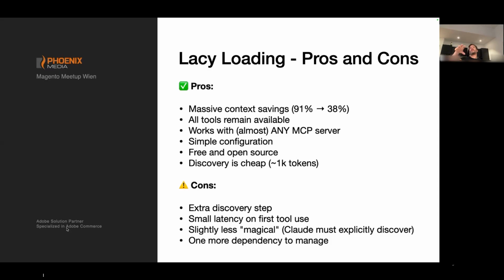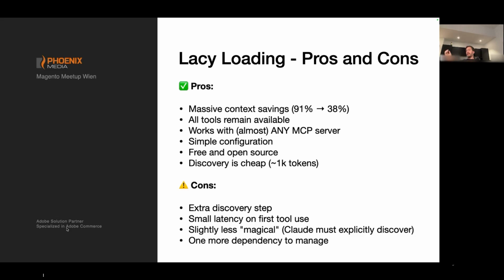When you try to access an MCP, it will use the tool, and then it takes some time to work on that. But in this case, you have an additional step of discovering the tools. This also might need 2 rounds, so maybe it's not discovering the tool in the first round, or it's discovering the wrong tool, depending on what you're asking. So this might be a con, and it's slightly less magical in this case because of the discovery.